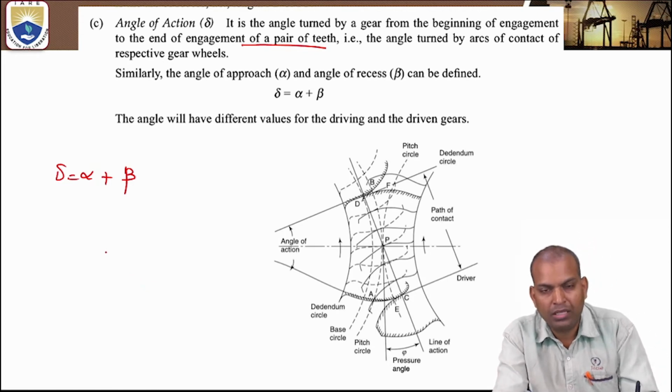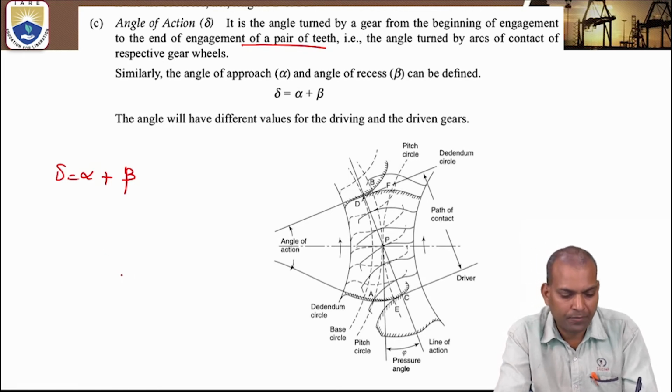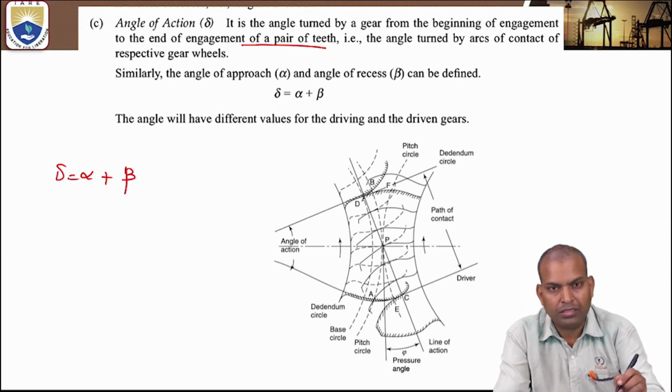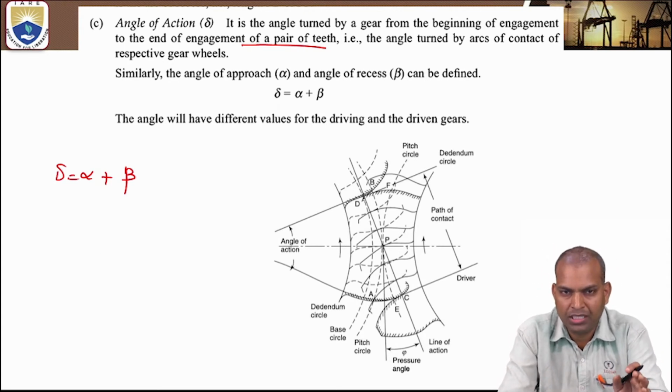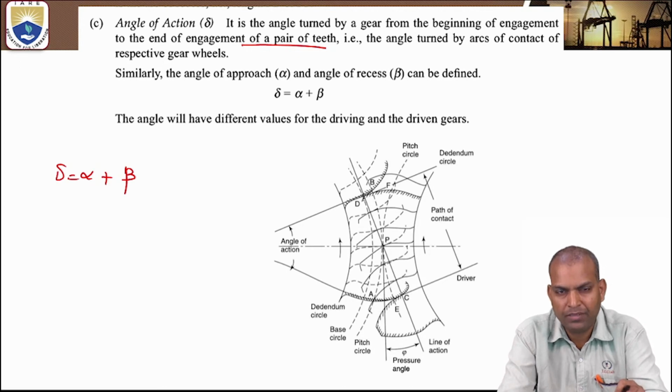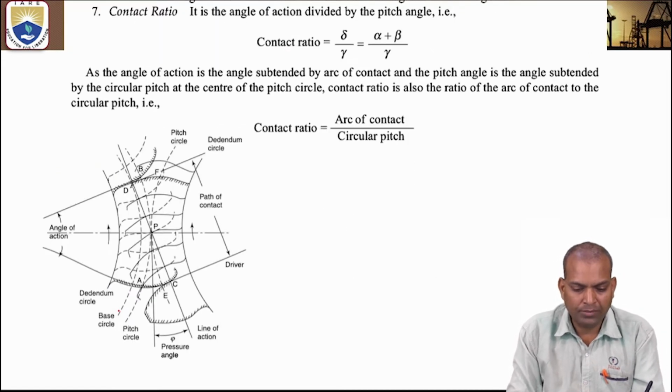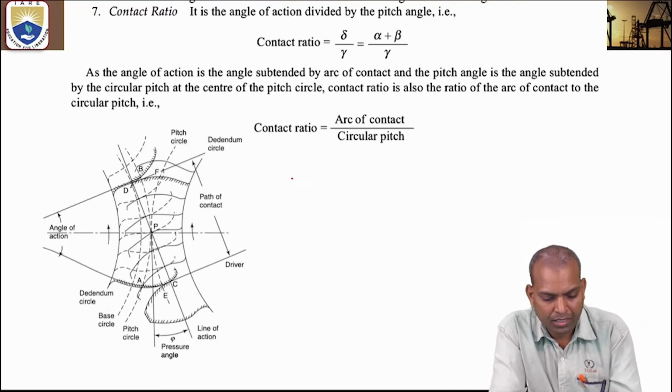The sum of alpha and beta is known as the angle of action delta. The angle of action is different from driver to follower; it varies from the driver wheel to the follower wheel. And the contact ratio, the term contact ratio, is equal to